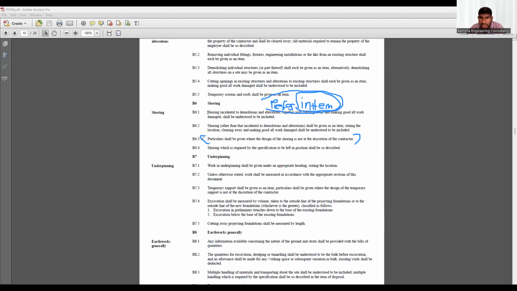So professional indemnity means whoever is doing a design, not only design, whoever is providing services, they have to indemnify the other party. So who is the other party? Your other party is the client, and you have a contractor. He's not you. You don't need to indemnify the contractors against your damage. If there is a problem in your professional services, I will protect my client through this insurance. That is the professional indemnity.